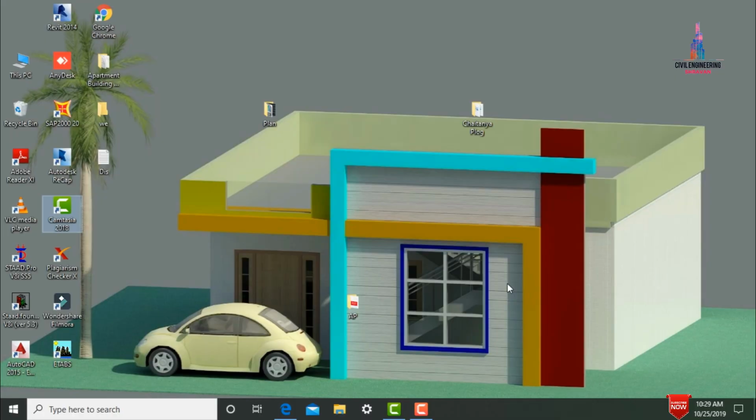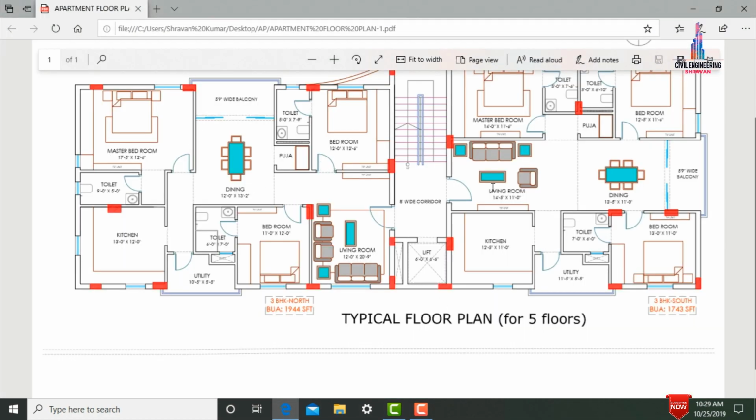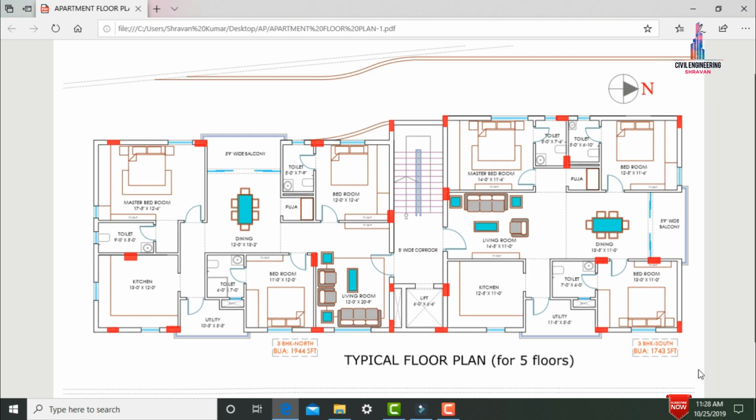In this video lecture, I will explain complete details about a typical 5-story apartment building. So go to your PDF file. So this is my PDF file. It consists of 2 portions on each floor. Here 5 multiplied by 2 gives you 10 portions for the apartment building. I did the structural analysis and design of this 5-story apartment building using STAAD Pro software, so please check that video in the above card link.